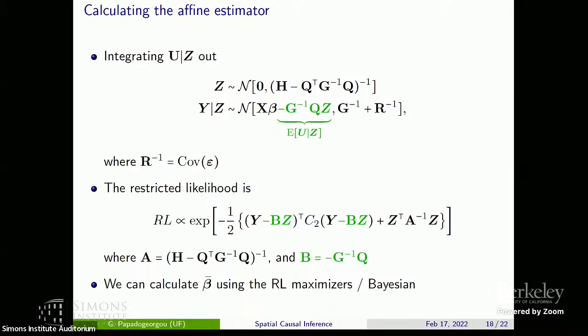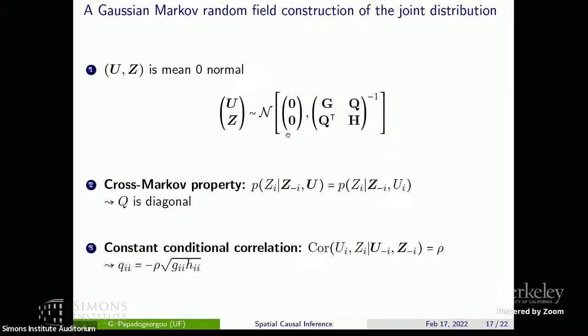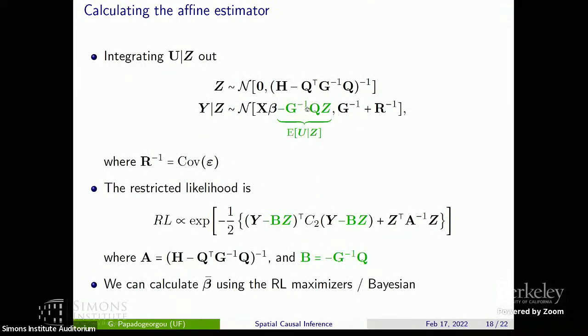So we want to estimate these spatial parameters, and G and Q are the variance covariance of U given Z and the cross relationship between U and Z. If we can learn these parameters, then we can do the bias correction. And if we look at where the information is coming through to estimate these things, we see that the spatial structure in U leads to a spatial structure in the residuals for the exposure, and also a term over here, this G inverse, that has to do with the spatial structure of U that also manifests in the spatial residuals for the outcome model.